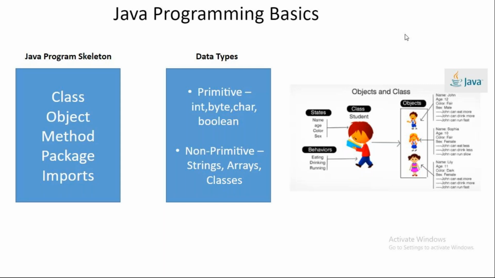In fact, it is not even required for us to understand all these primitive and non-primitive types, but from a performance perspective, the way the memory is going to get handled, this plays an important role. That is why I wanted to mention primitive and non-primitive. Primitive includes integer, byte, character, boolean, which are very, very small in size. The memory occupied by these data types is going to be very small and short-lived. Whereas non-primitive is going to occupy relatively more space: strings and arrays,